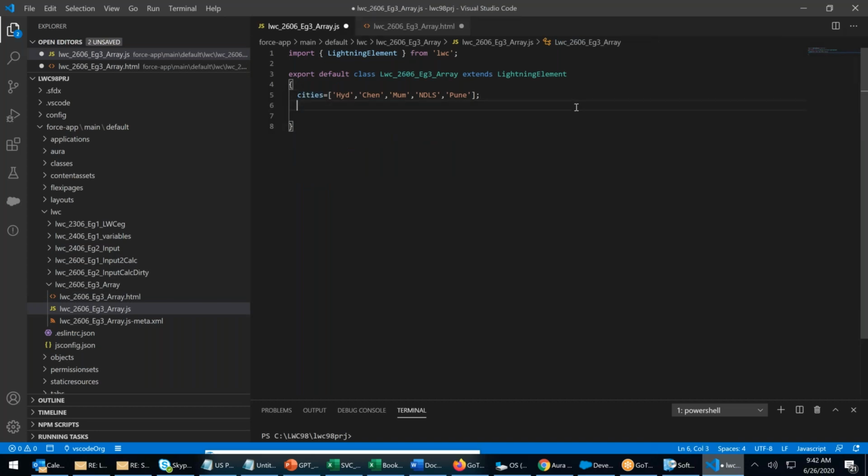I put one more variable. I will say employee. Employee equals to, I want to maintain multiple information about employees. I will say name. Name is Rupam. Key value, comma.